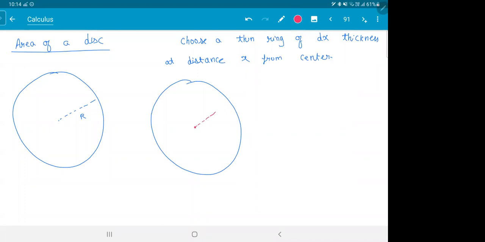So meaning at a distance x, that's why today's class is important. Last class was only basics. Applications we'll do today, and next class also we'll do few more applications. We took a thin ring whose thickness is dx. So remove that ring outside. It's pretty thin, okay? I'm just drawing it big for you to see.